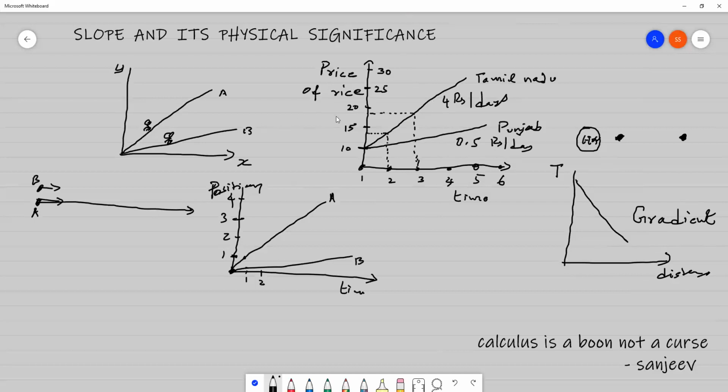So from our discussion, what we understand is that the slope is nothing but the rate of change of one quantity with respect to another quantity. We have seen 3 examples. In this example, we have seen price of rice with respect to time. In this example, the temperature with respect to distance. Here we have seen the position with respect to time. So what is our conclusion from all these examples? We understand that the slope represents